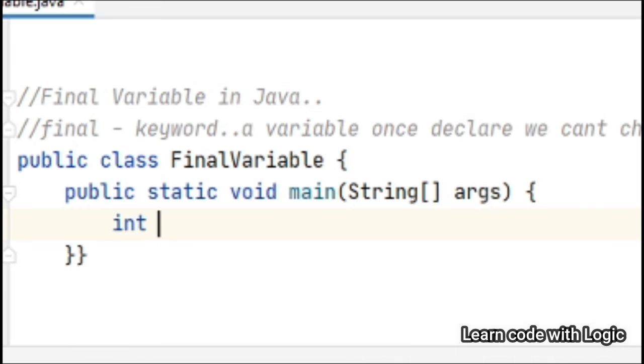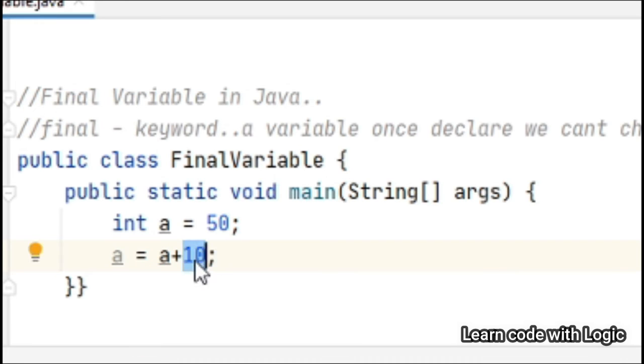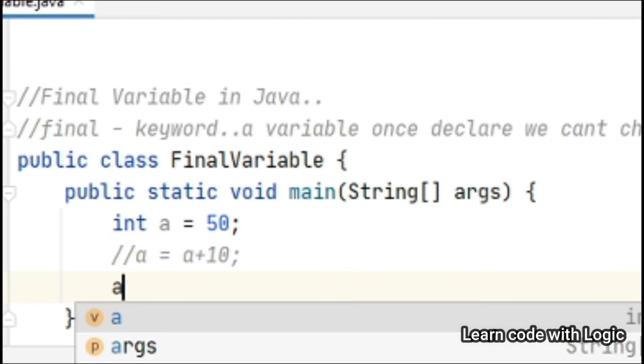Suppose let's consider int a equal to 50. If you want to increase the a value by 10, simply you can take that variable and add 10. We can also do this in a short way.